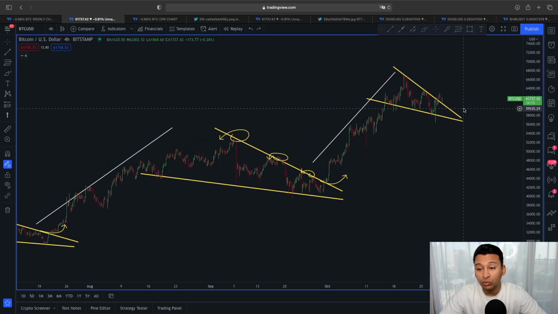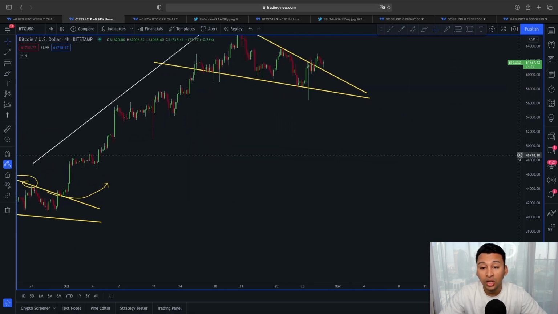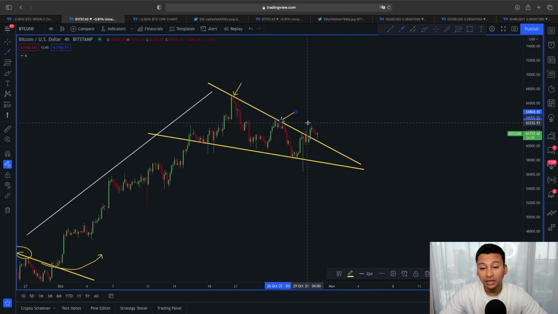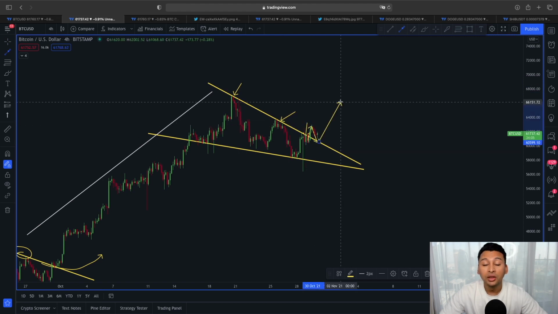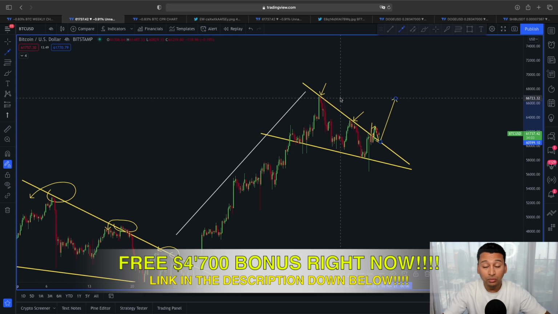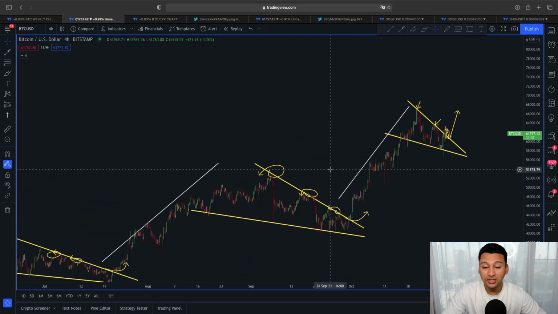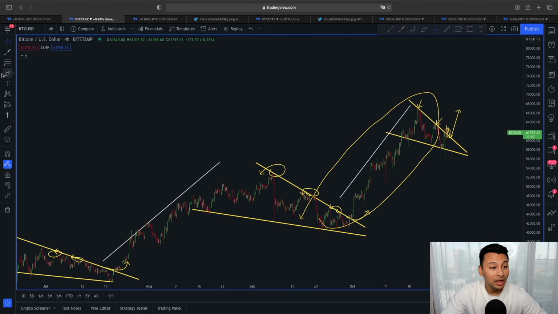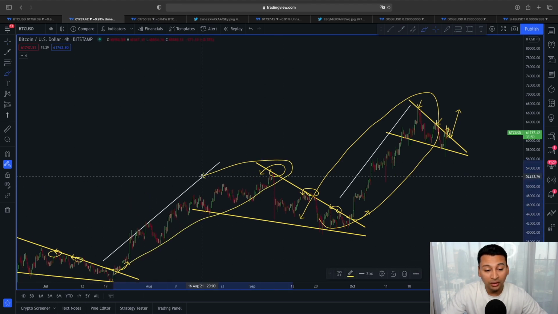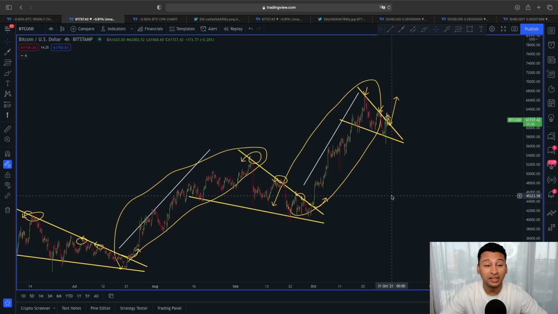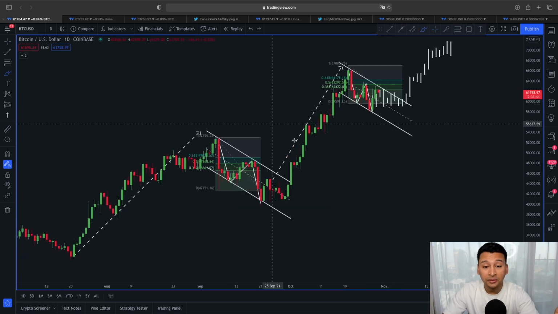because this pullback what we are witnessing right now with price action of Bitcoin could be a retest of this temporary resistance line, right, before price starts breaking here to the upper direction, because in most of the cases price usually comes back to retest the previous temporary resistance line before moving again here to the upper direction, just like here from the past Bitcoin price action. You can see here, right, really nice impulsive movement as soon as we broke out of this upper line area of this falling wedge. So let's see how these scenarios are going to play out, because not just